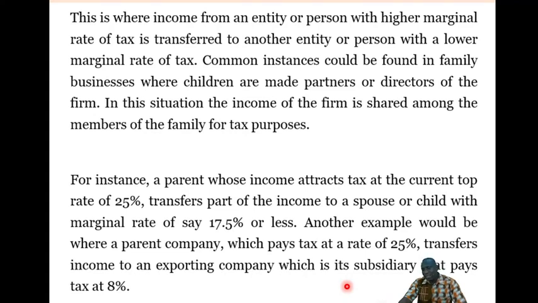Now, when you look at this, the tax avoidance scheme here is based on the fact that there can be a different tax liability situation for related parties, in that if you split the income among related parties and the income is being taxed at a lower rate in the hands of one party